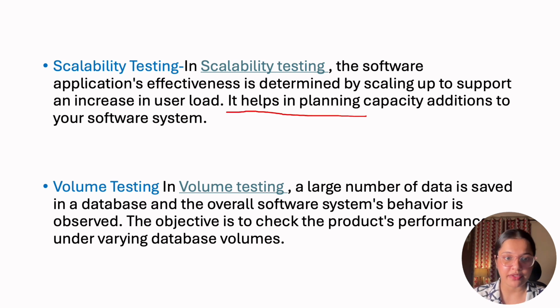Now comes volume testing. In volume testing, we feed a large amount of data to the system, and then we check the performance of the system, whether the system is still able to respond properly. Let's take an example. I am a banking admin user, and we have too much data in the banking application right now, and I want to find a transaction of Divyansha for the last 2 years, right? So we have to verify whether our system is behaving fine while sorting and searching data from so big a database or not, right?